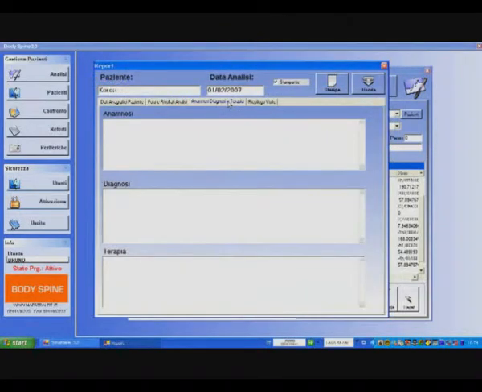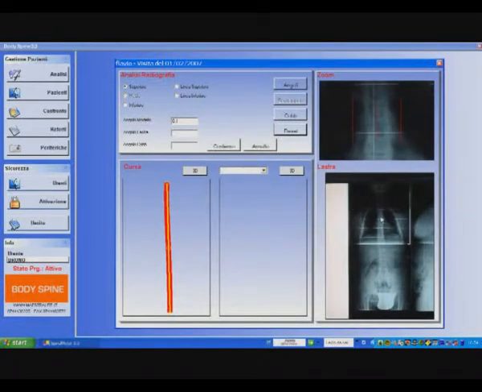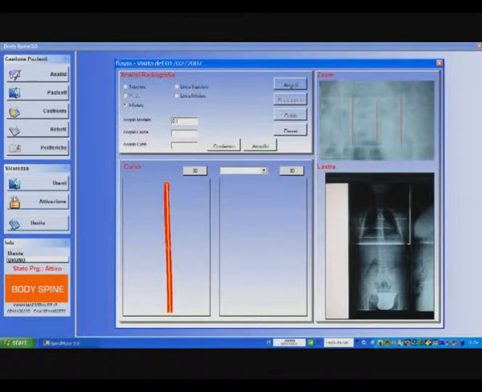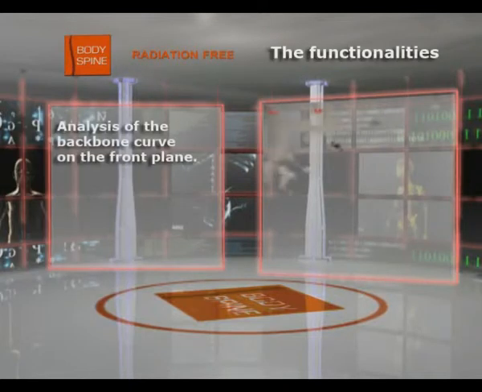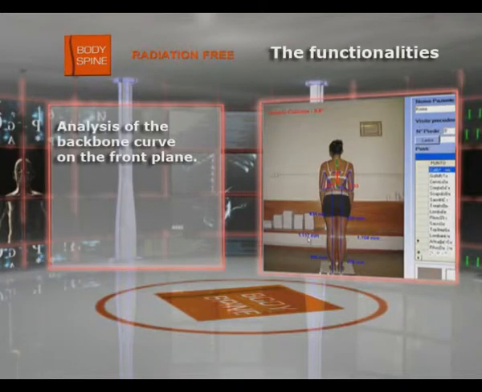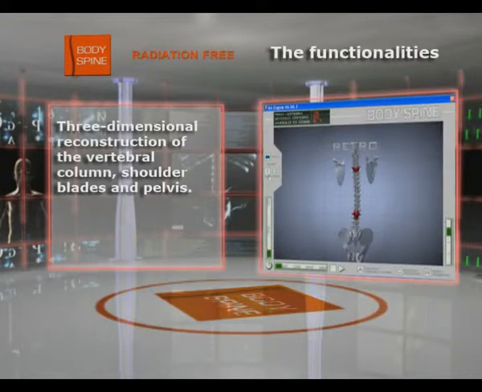Each patient has a file card that can be consulted at any given time, together with an electronic case history. In brief, the main features of 3D Bodyspine are: analysis of the backbone curve on the front plane, three-dimensional reconstruction of the vertebral column, shoulder blades and pelvis,